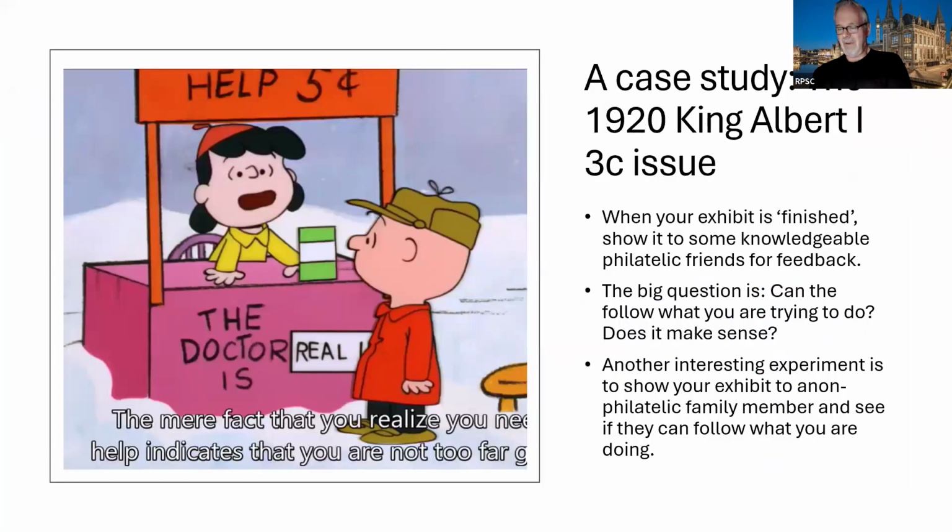One of my favorite TV shows as a kid was the Charlie Brown Christmas, and I love when Charlie Brown goes to Lucy, the doctor, the psychiatrist, and says, "I'm just not happy. I don't really know what Christmas is all about." And she says, "Charlie Brown, the mere fact that you realize you need help indicates that you're not too far gone." When I was done with my 1920 King Albert 3-cent exhibit, I realized suddenly that I didn't know